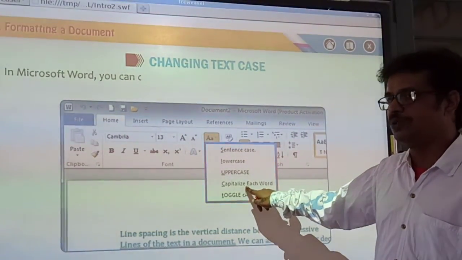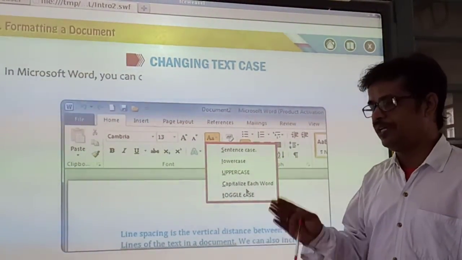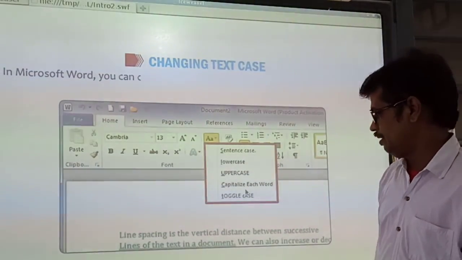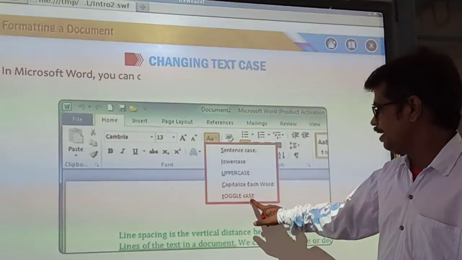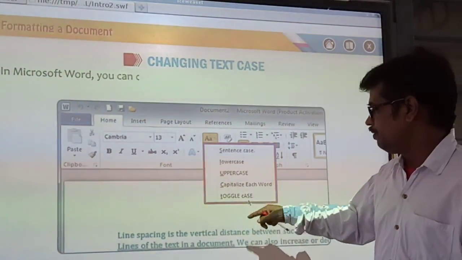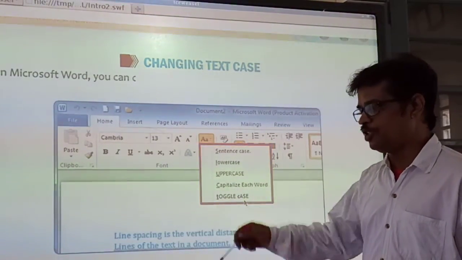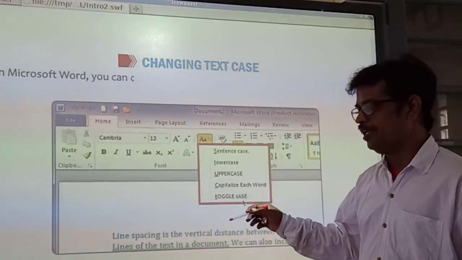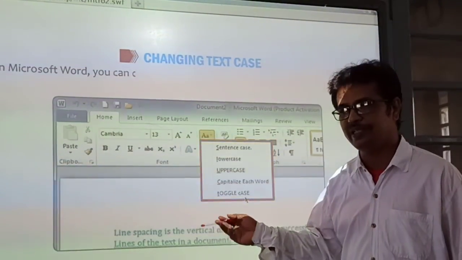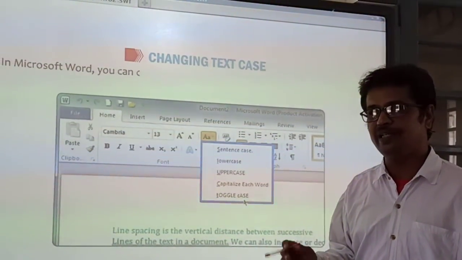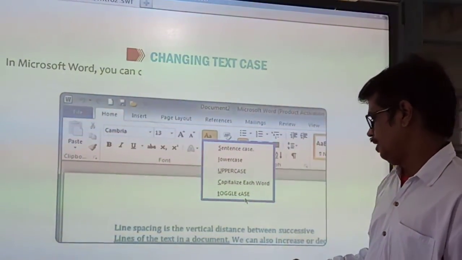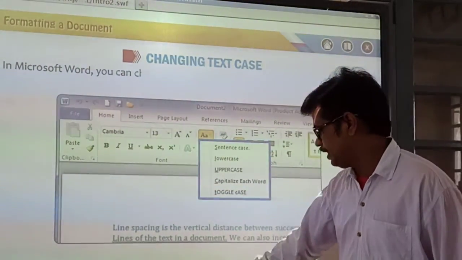It is used to convert the first letter of each word in capital letter. And toggle case will convert your text in your opposite. If you have written small letter, it will be converted into capital letter. If you have written in capital letter, it will be converted into a small letter. So this is the use of change case option.